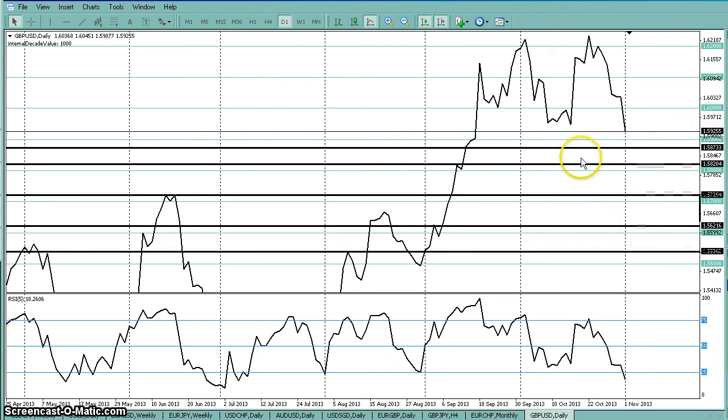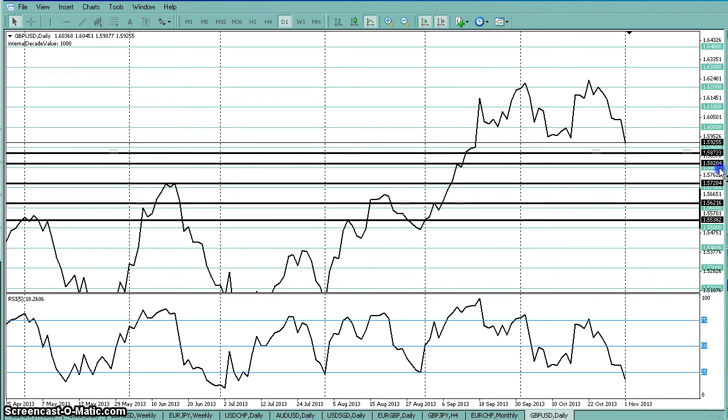my theory is that should the market come down here, it will bounce at least 100 pips. So the probability of this trade is so high, I'm willing to stack a pile of orders in there with a stop down here. And just based on past